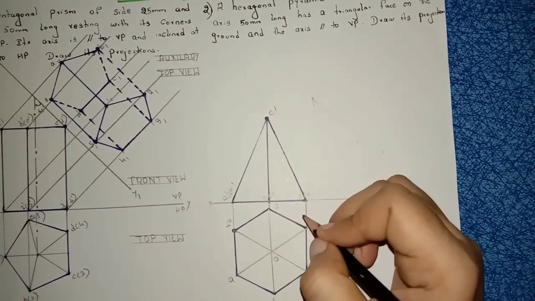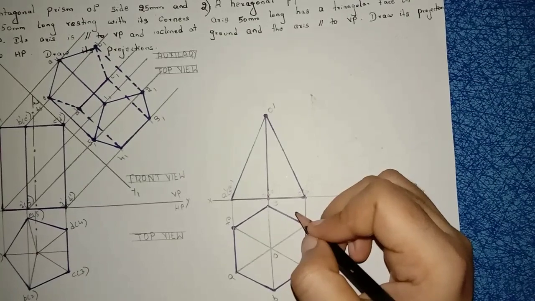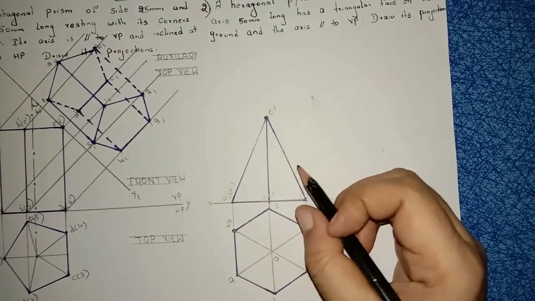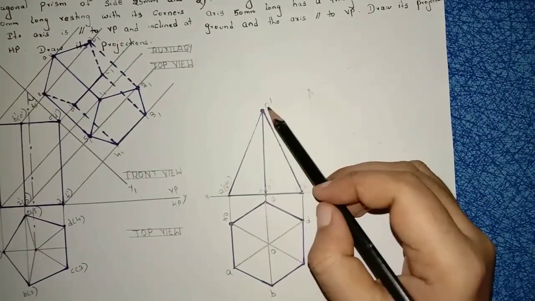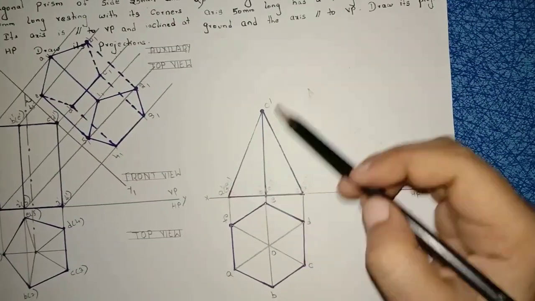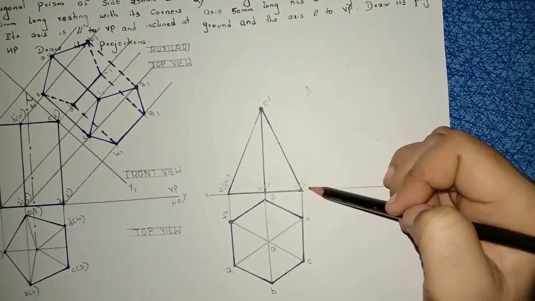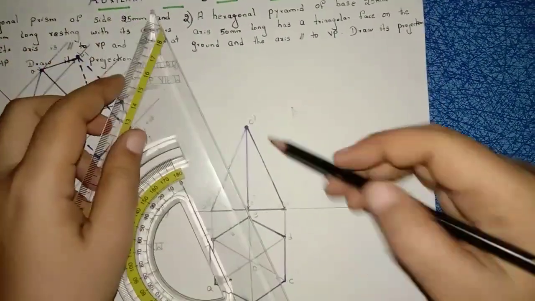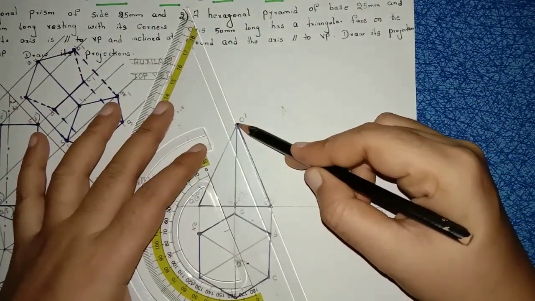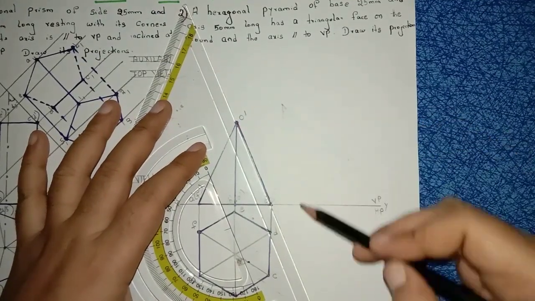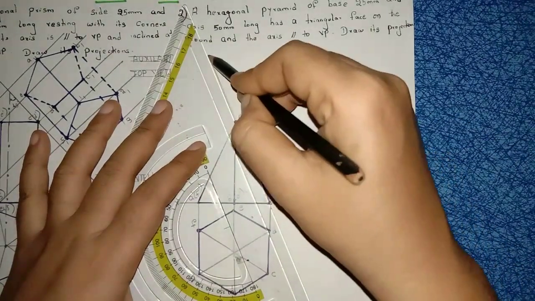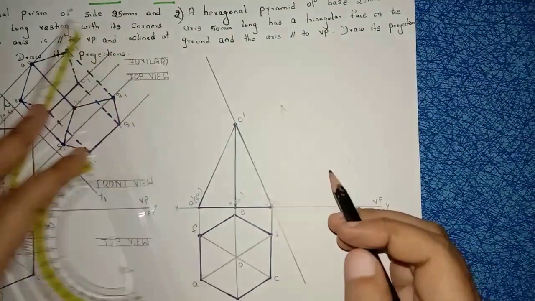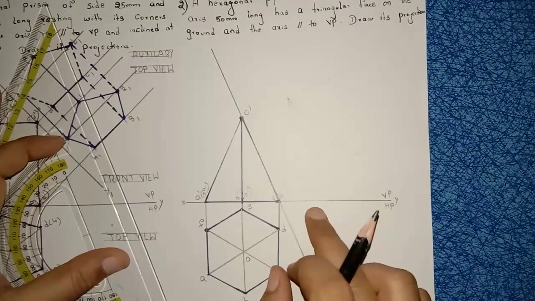Now after that, they set the condition that the triangular face is on the ground. So this is the triangle, and O dash to A dash of F dash, O dash to C dash of D dash, these are the faces. What I am doing is taking any one of the faces. I am taking this face O dash to C dash, and extending this line, so this line is touching the reference line.